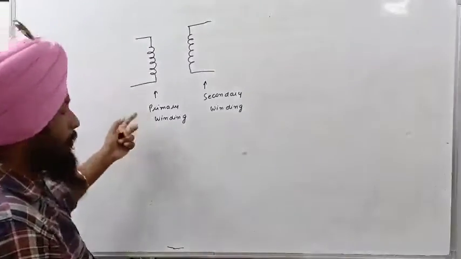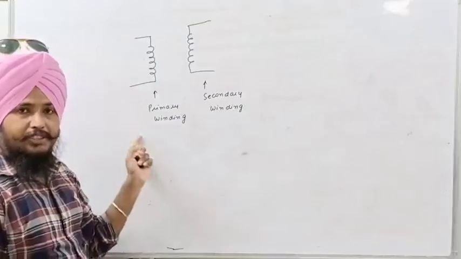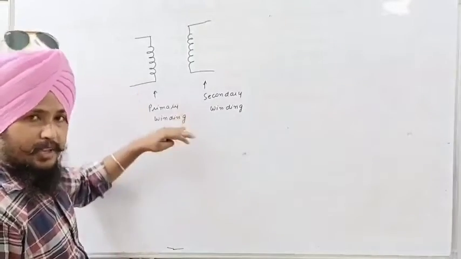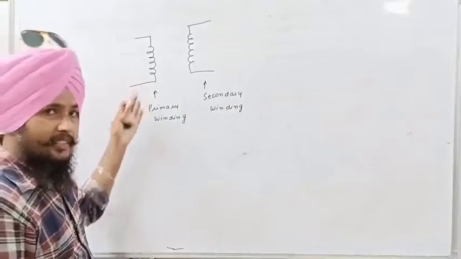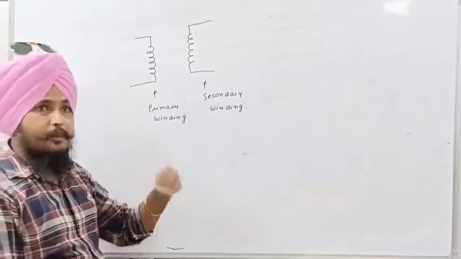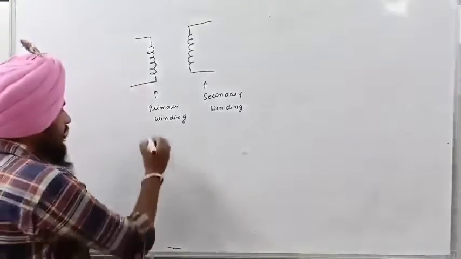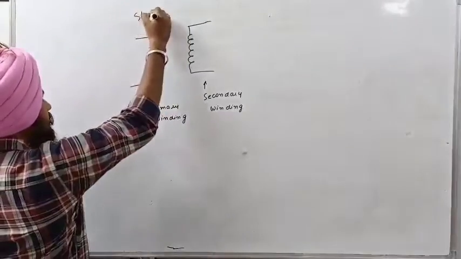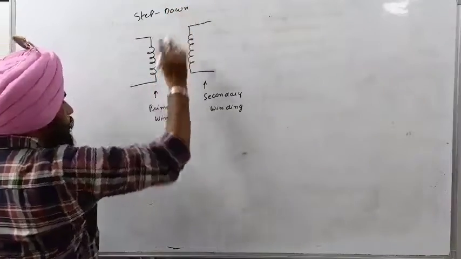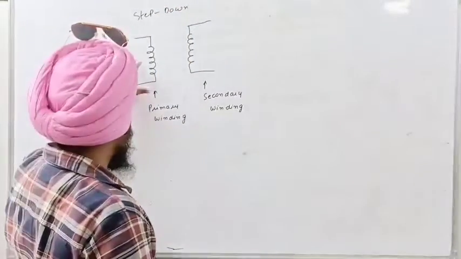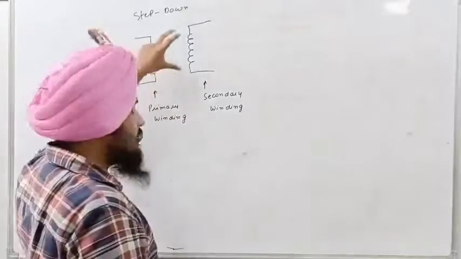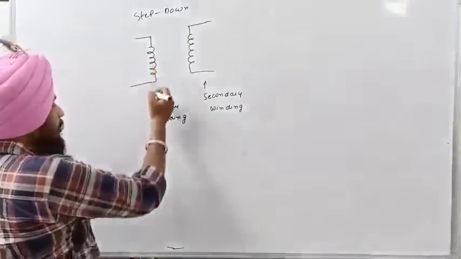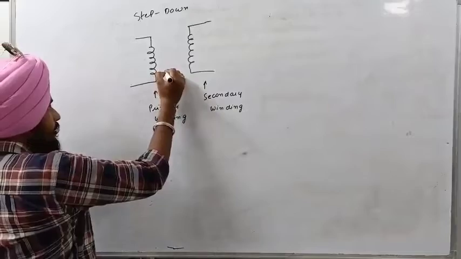Okay? The primary winding may be on the high voltage side or the low voltage side. It will be the high voltage side in a step down transformer, and the low voltage side in a step up transformer. Okay, this is the primary winding. We will assume that this is a step down transformer. So there is a difference between the number of turns as well as the size of the coil. Size, I mean to say the thickness of this wire, this conductor.